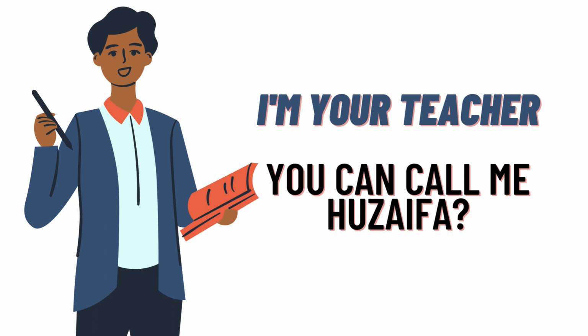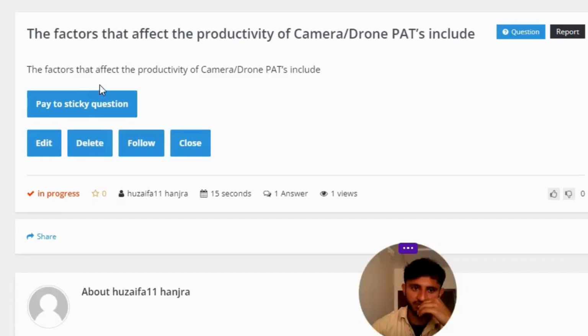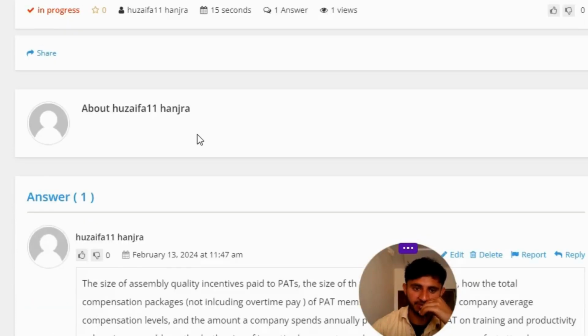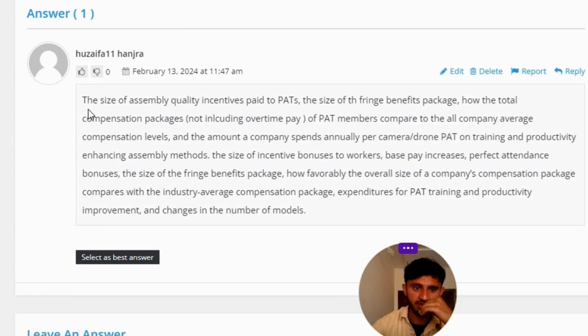So our today's question is: the factors that affect the productivity of camera drone pets include. The correct answer to the question is the size of assembly quality incentive spare to pets, the size of the